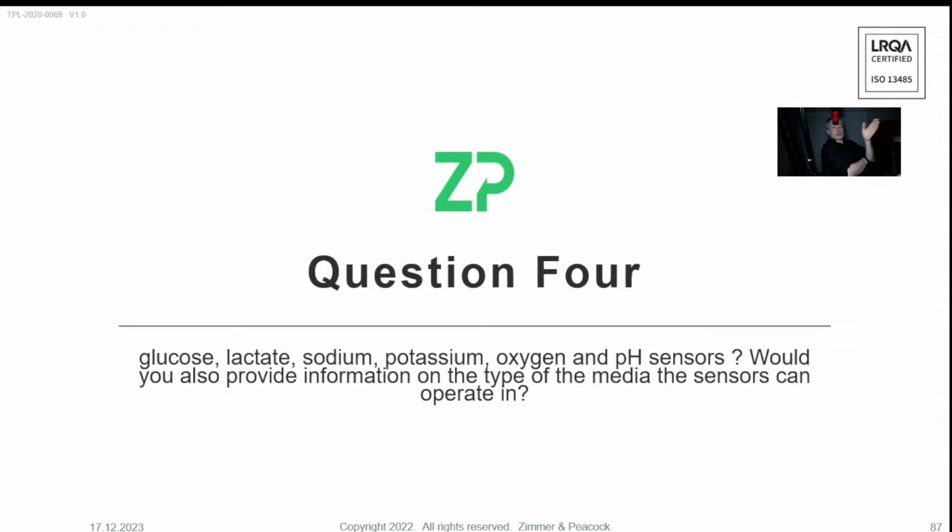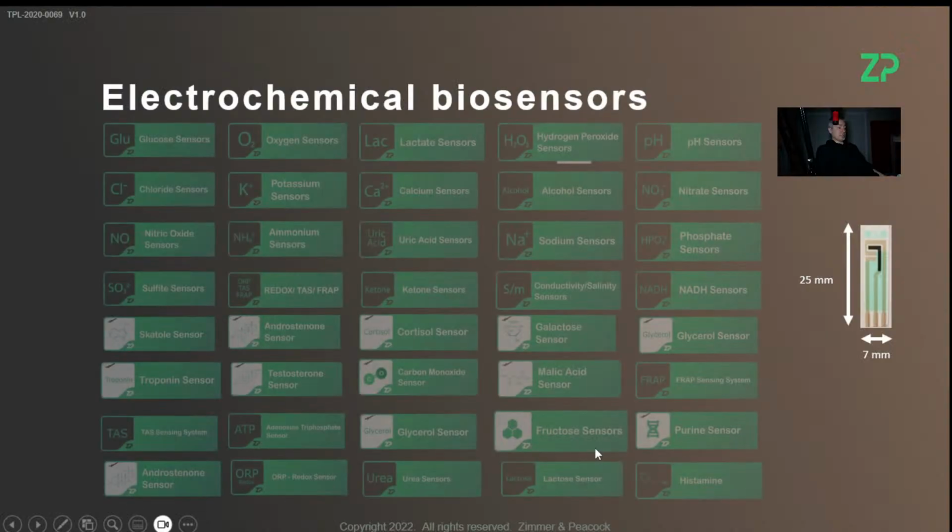And so what I want to say is that our sensors are very good for using in the liquid phase, but when you have new applications, for example measuring nitrate in soil, then you have to have a calibration routine and a sampling routine to do that. If it's nitrate in fresh water, that's actually a little bit easier, but you still need a different calibration because it's a different sample, a different matrix. So we have these sensors, but you still have to do some work depending on what the actual application is.